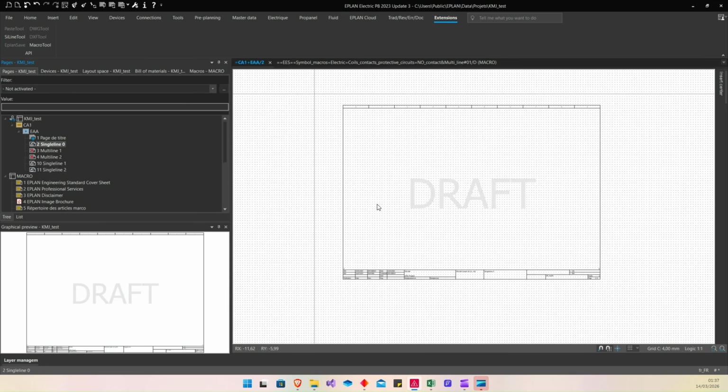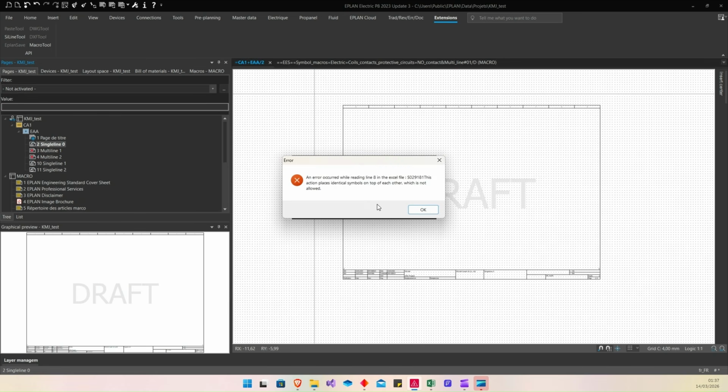We wait. Also, this is an intentional error because I set the same coordinate in two macro links. That is an error because we cannot insert two symbols at the same position.